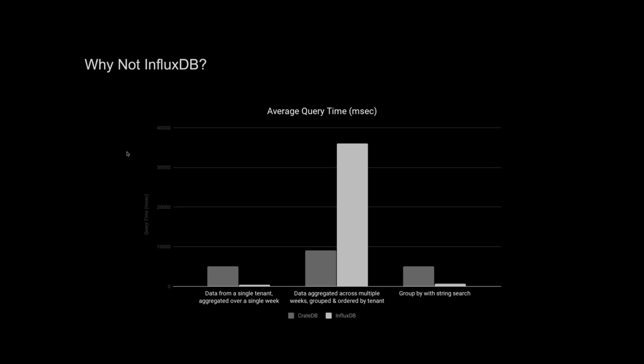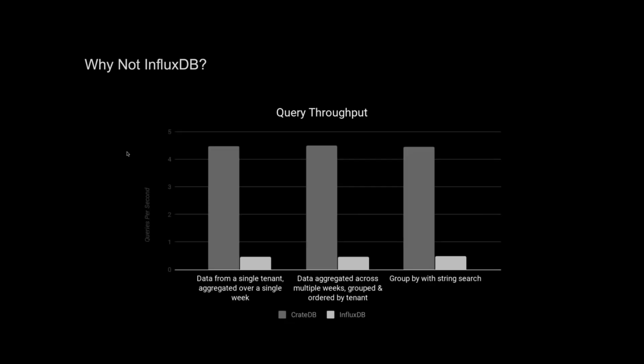And a query which spanned multiple partitions, which is the query in the middle on your screen, ran 4 times faster in CrateDB. Now, if you take those same queries and run them under load, simulating multiple users querying the database at the same time, the performance of InfluxDB begins to degrade. The average query time gradually increases as users are added to the workload in InfluxDB, and it finally begins hitting a wall at the 40 concurrent user mark.